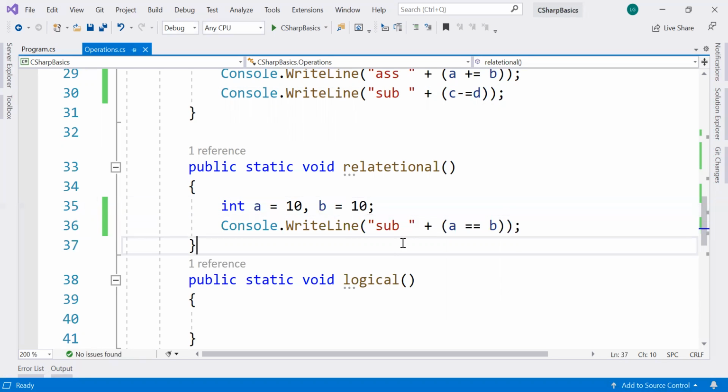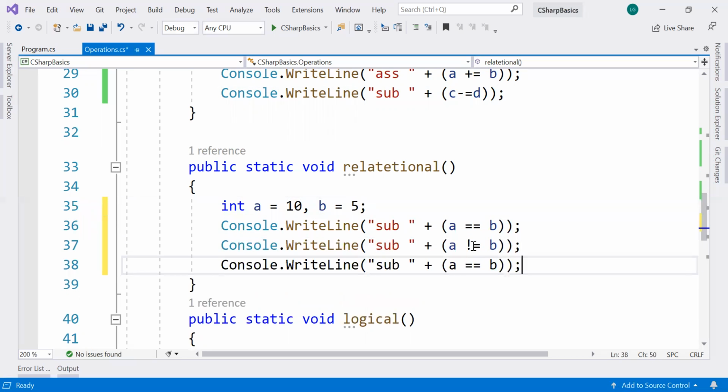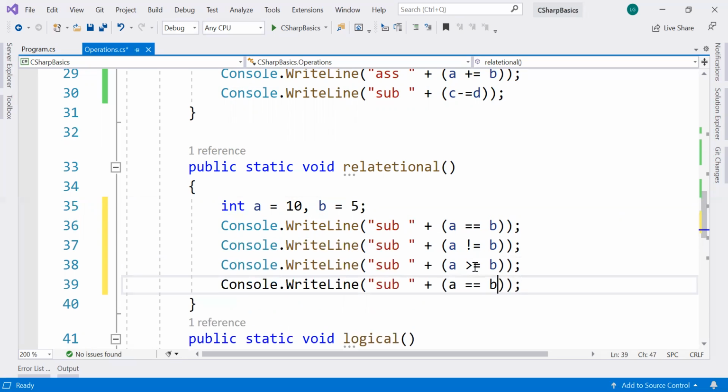The same way we can do it for not equal to five. It's not equal to, and not equal to becomes true because it is not equal, right? Then there is greater than or equal to and less than or equal to.